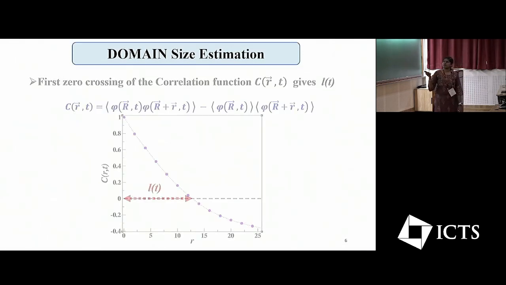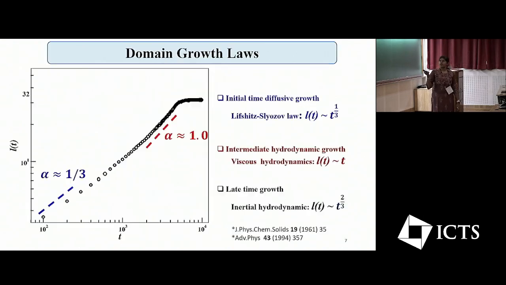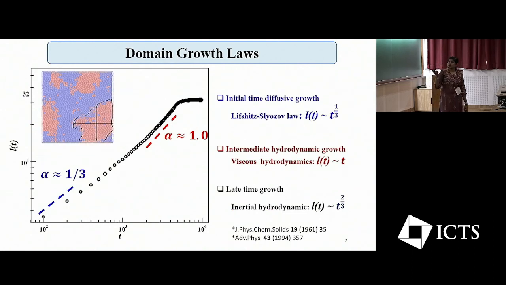Next, from the order parameter, we can calculate the correlation function. The correlation function decays with distance moving from one domain to another. And the first zero crossing of the correlation function gives us the domain size for the corresponding time. Then, when we plot this domain size as a function of time, we can get the domain growth of the system,